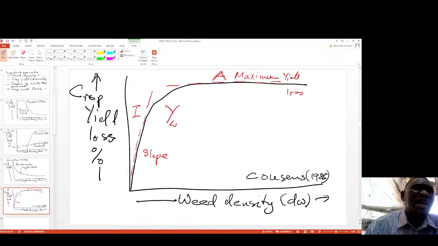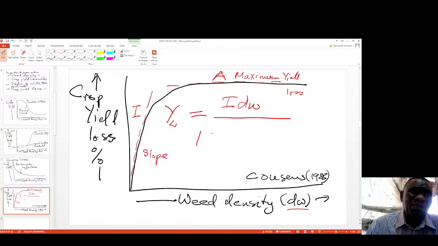Now, according to Cousins, you can work out the yield loss, if we represent it by YL. It is equivalent to I multiplied by the slope, so we can put I, which is the slope, and the density dW over 1 plus, in brackets, I dW over this A, maximum yield loss. So this equation